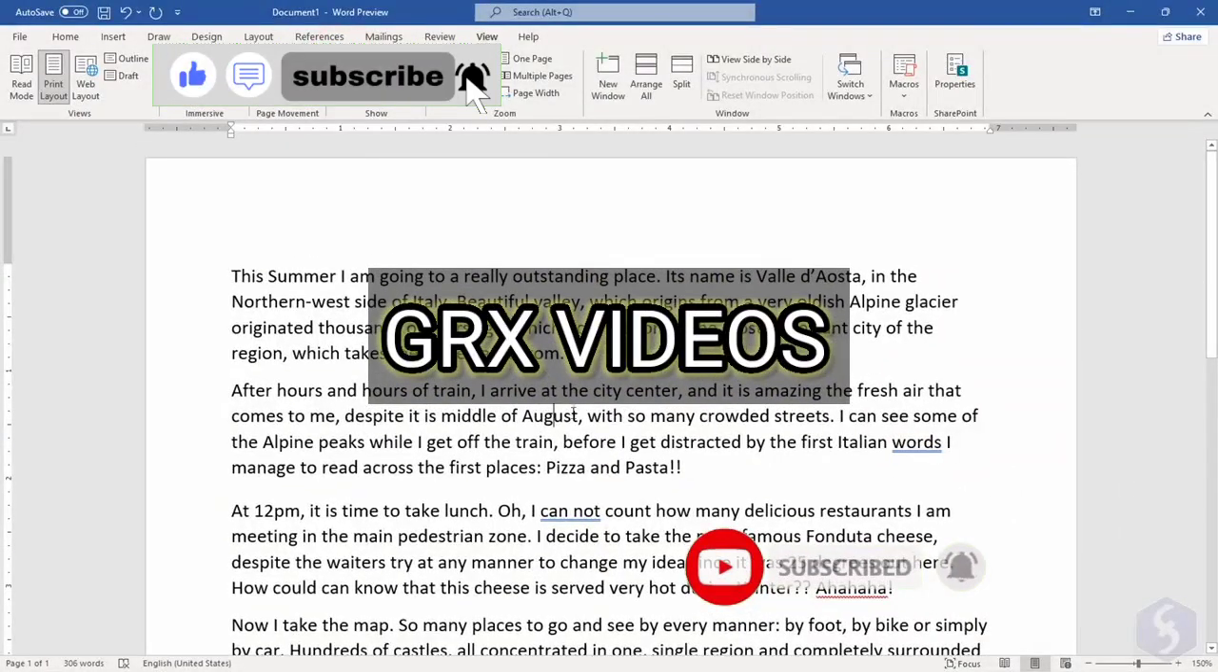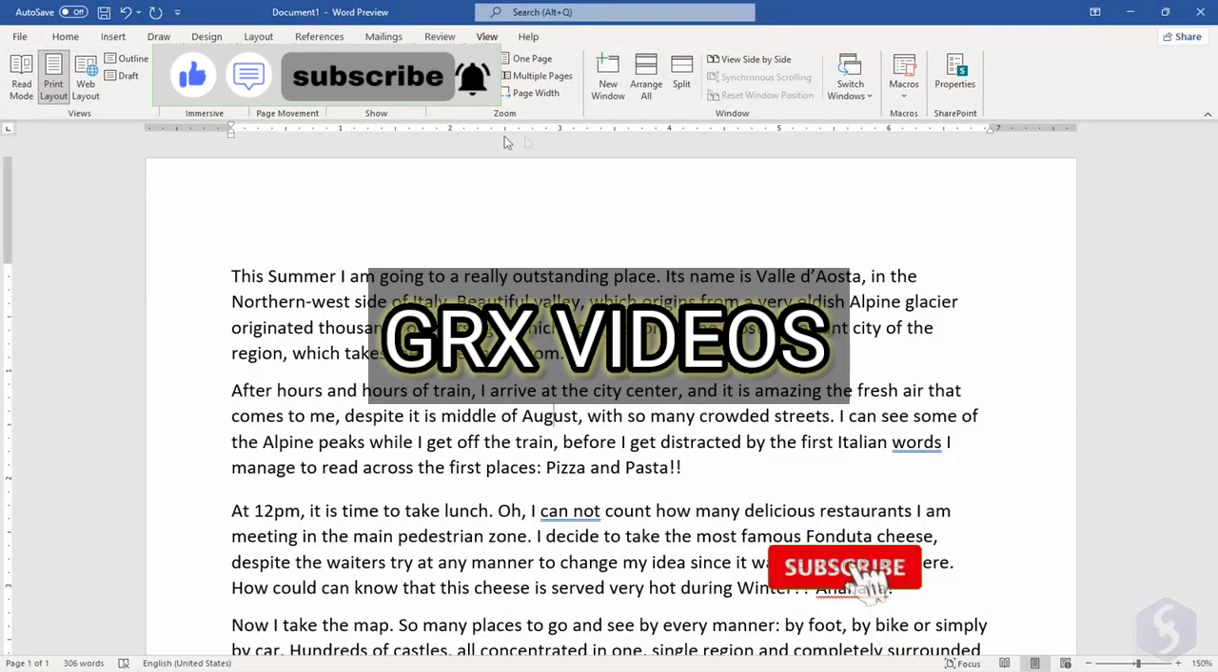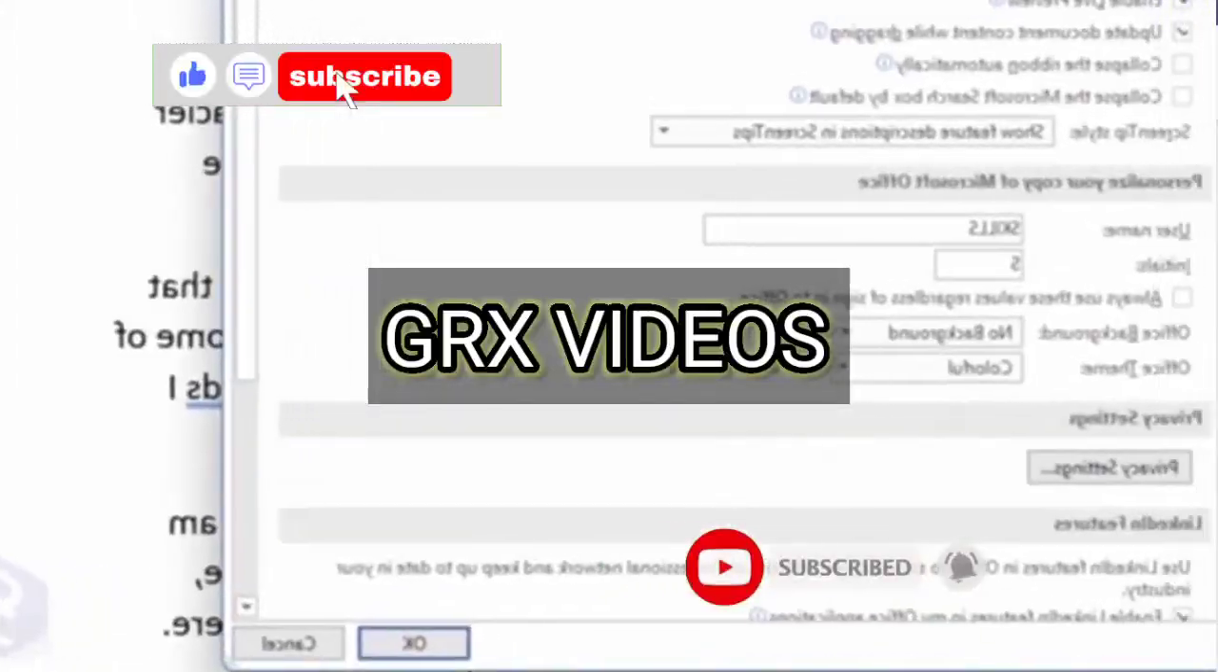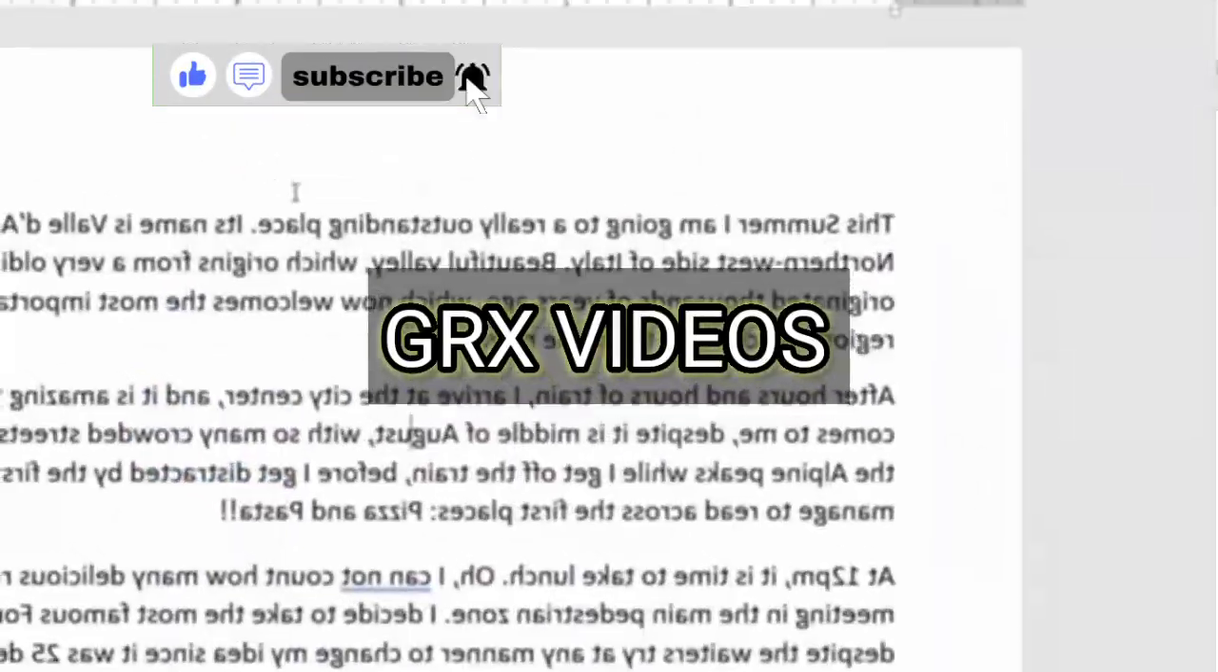The horizontal and the vertical ruler measure your page width and height by taking the default measurement unit of your OS language. You can also change it by going to File, Options, Advanced, Show